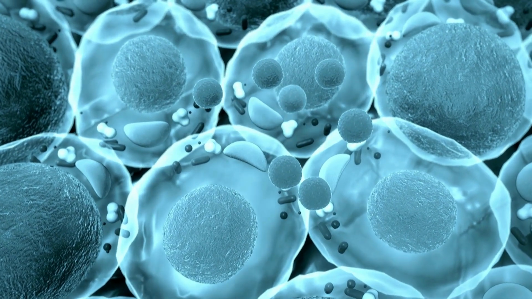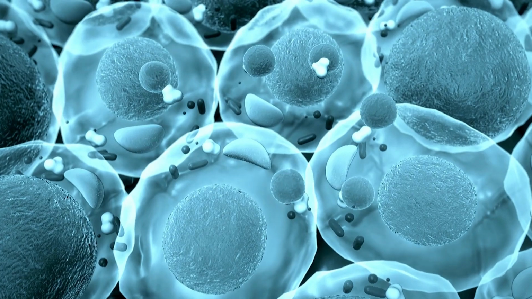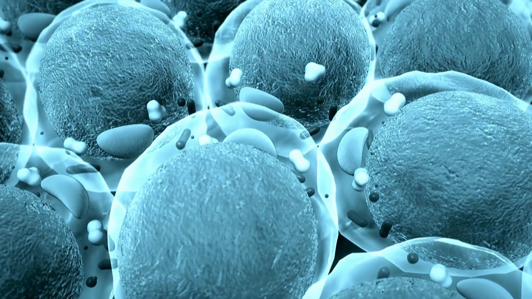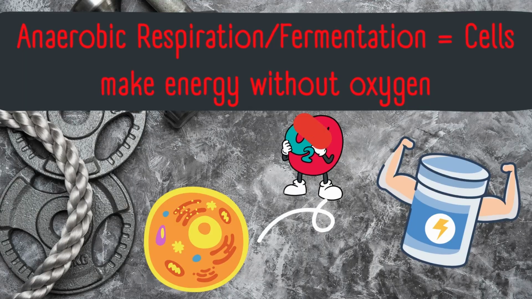That is, they can break down this pyruvate into energy using oxygen. That is the meaning of aerobic, in the presence of oxygen. The cells that do not have oxygen must find an alternative way of making energy. And this alternative route is called anaerobic respiration. That means the creation of energy that takes place in the absence of oxygen. Anaerobic means without oxygen. And this is what we mean when we talk about fermentation.